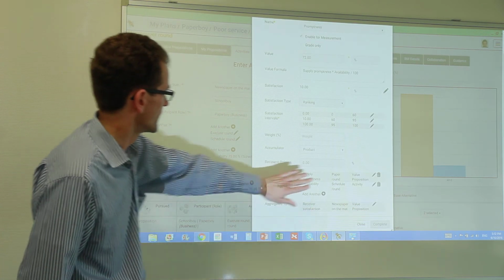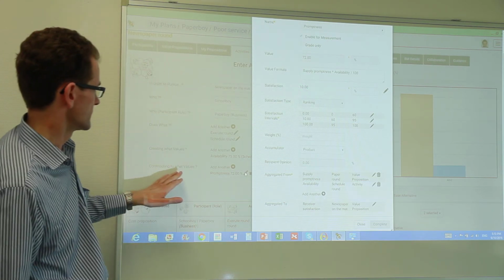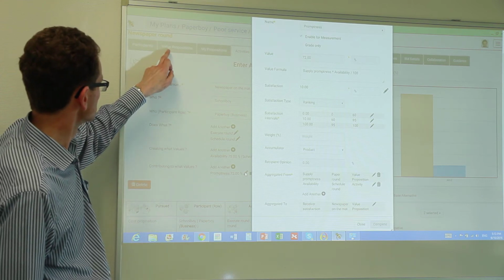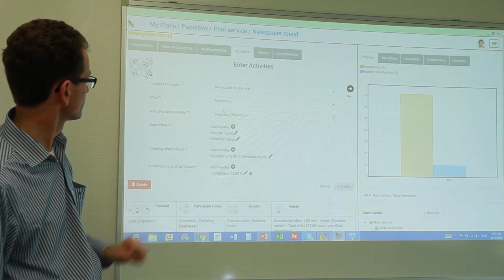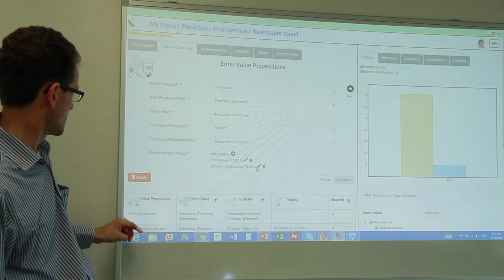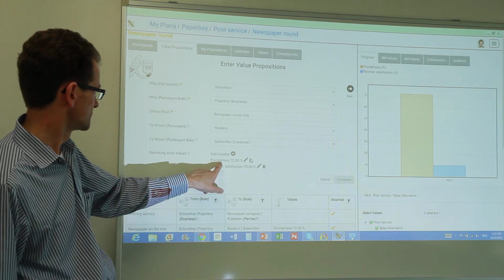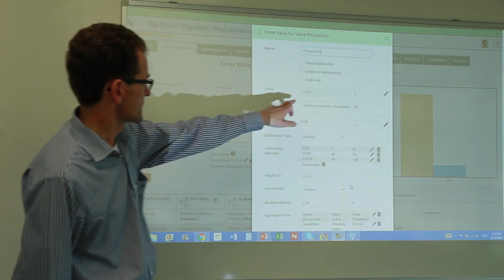You see? And these two influence the promptness of the value proposition newspaper on the mat. If you go back one moment, close this one, to value propositions, and now go to newspaper on the mat, you see here promptness. And this is the same promptness of